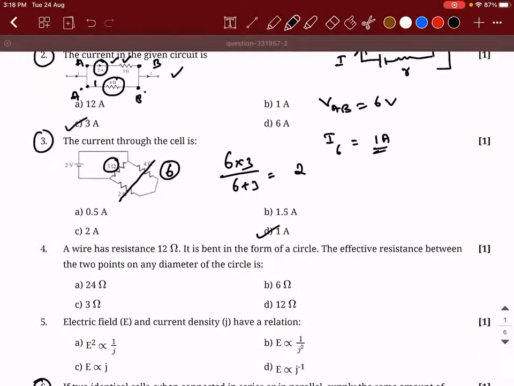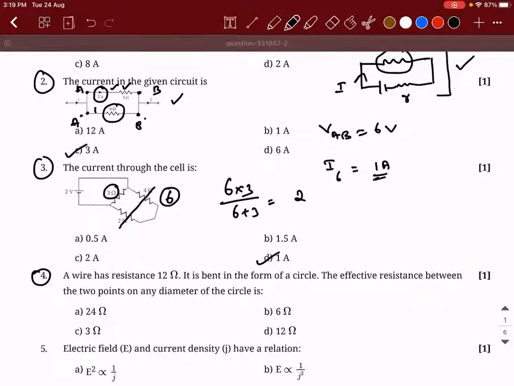Right. Fourth. I have a doubt, sir, for the second question. Please say. So we can say potential across both are equal. So 2 into 3 is equal to 6 into I. Then you can find I in the bottom one. Yeah, that's what I did. Logically, I did it in 2 separate steps. Okay, it's like how you solve.